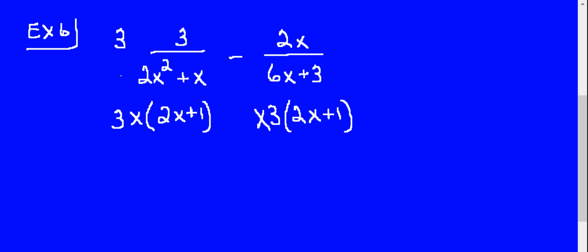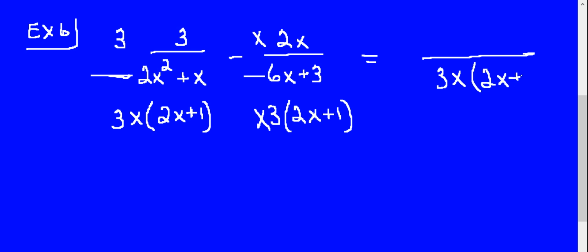Alright, so here's my fraction bar here. I got 3 over 3. And I multiply this side by x, this denominator, so I have to multiply this by x over here. Here's my fraction bar for that. Alright, so what have I got? I've got a new denominator over here that's going to be 3x times 2x plus 1, and then my numerator is going to be 3 times 3, which is 9,